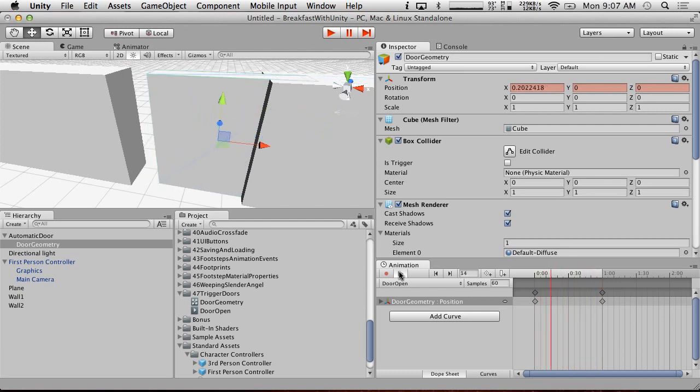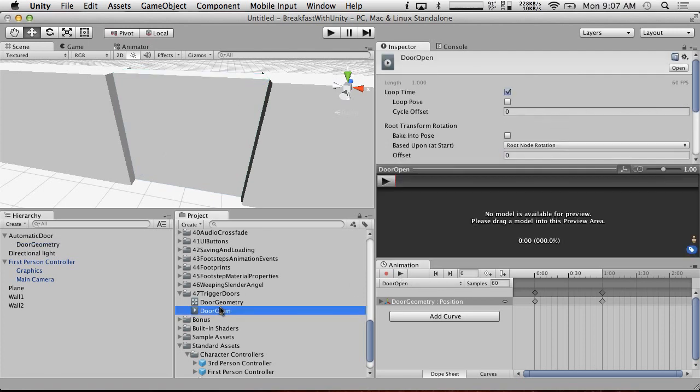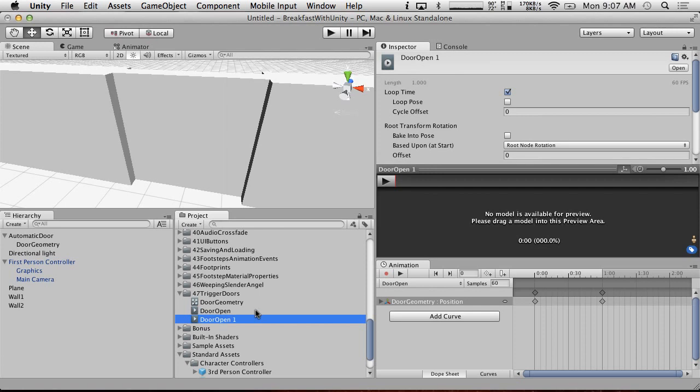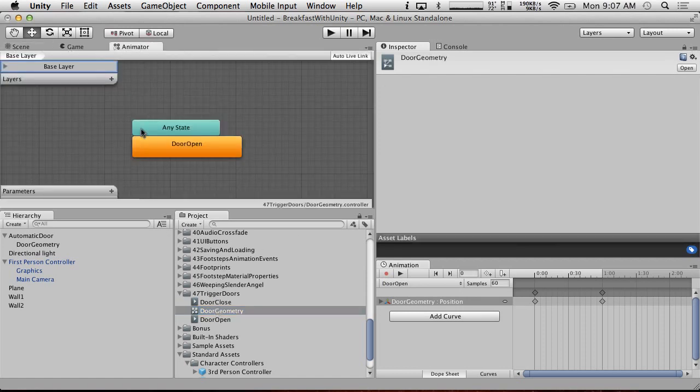Cool. So we're also going to need a door closing animation, which is going to be exactly the same but reverse. So I'm just going to go ahead and duplicate this. I wonder if I can do it this way. I'm going to try it. So we're going to duplicate this animation, and we're going to save all, whatever it wants to do. We're going to call this door close. Does it automatically show up here? No, it doesn't. And the reason it doesn't is because we need to add it to our door geometry state